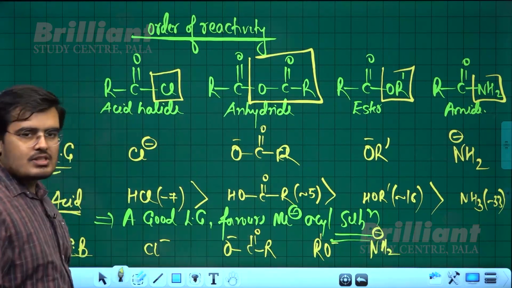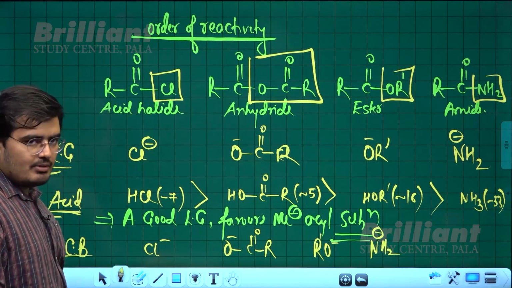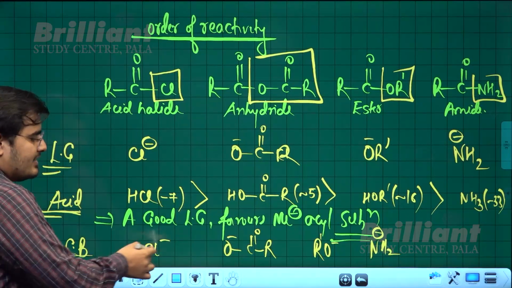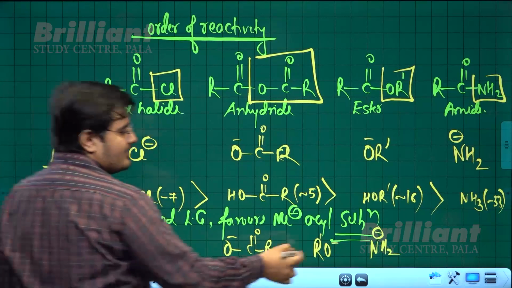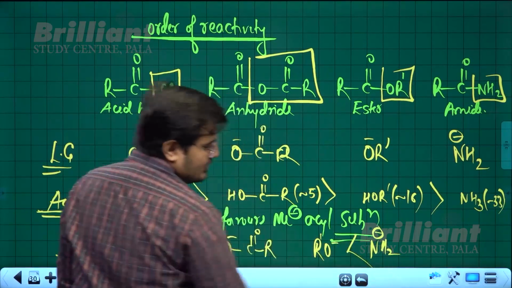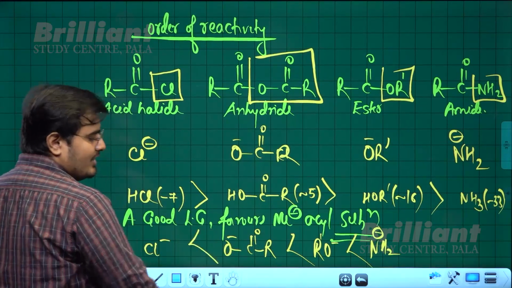According to the Bronsted-Lowry acid-base concept, if the acid is stronger, the conjugate base will be weaker. So the strongest conjugate base will be of the weakest acid. I can say NH2 minus is the strongest base, followed by R'O minus, followed by RCOO minus,